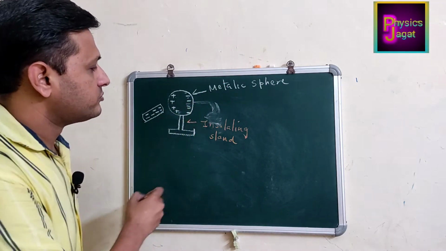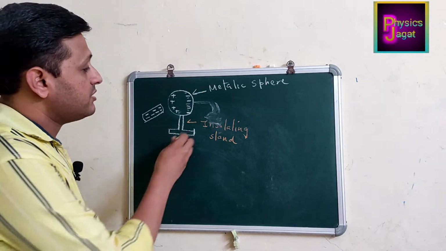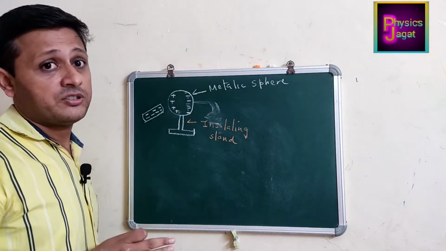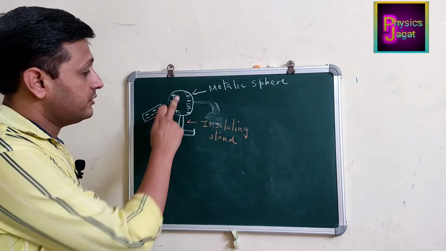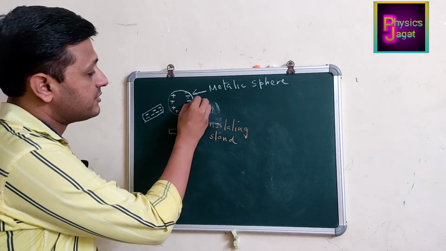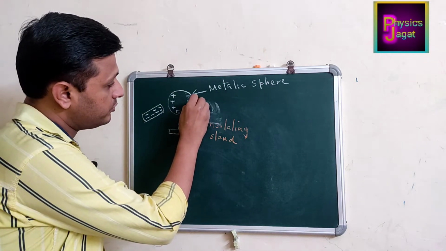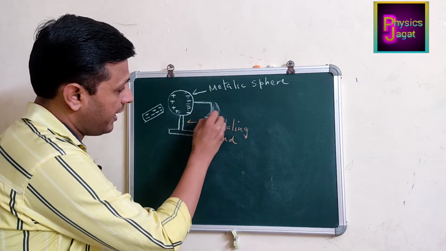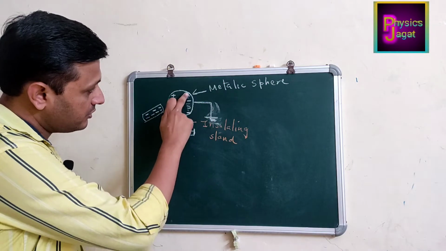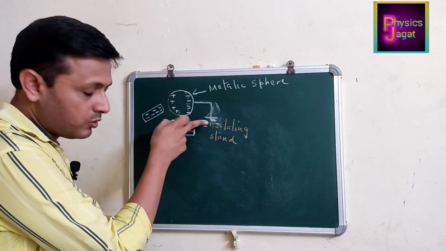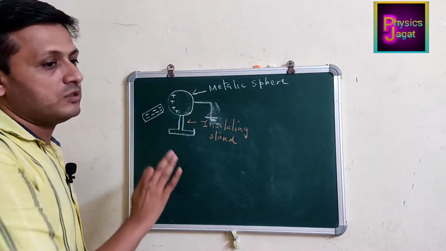Up to a certain time this will happen, until equilibrium is established. Once the electrons experience a net force of 0, only then will this process stop. Once all the electrons are established over here, what you do is connect this end to a metallic conductor and earth it, ground it. What will happen? All these electrons will flow through the wire into the ground. So your sphere will become positively charged only.